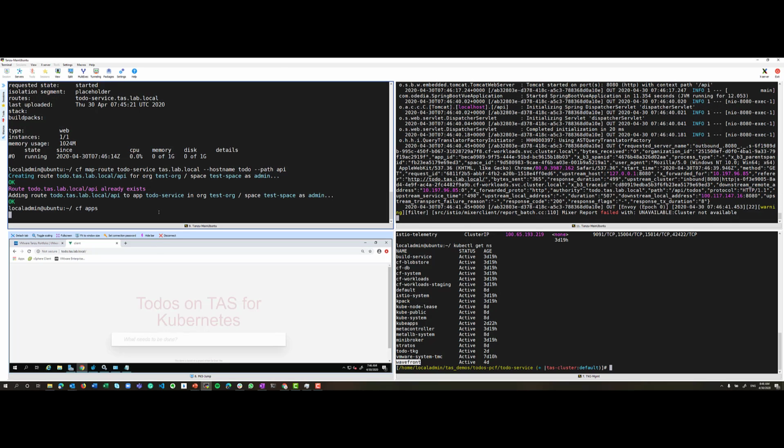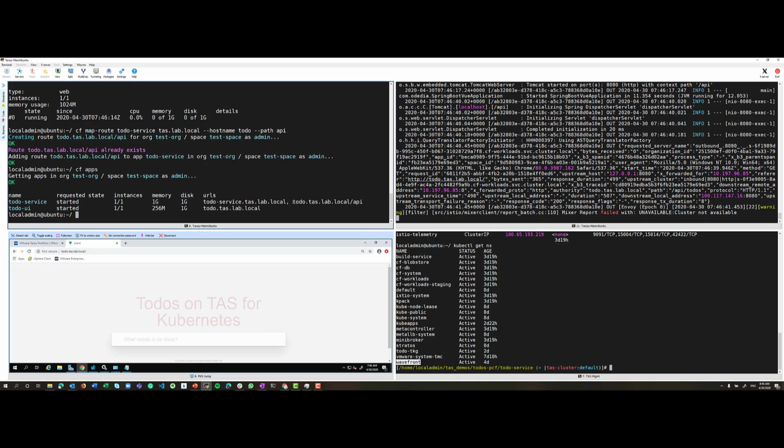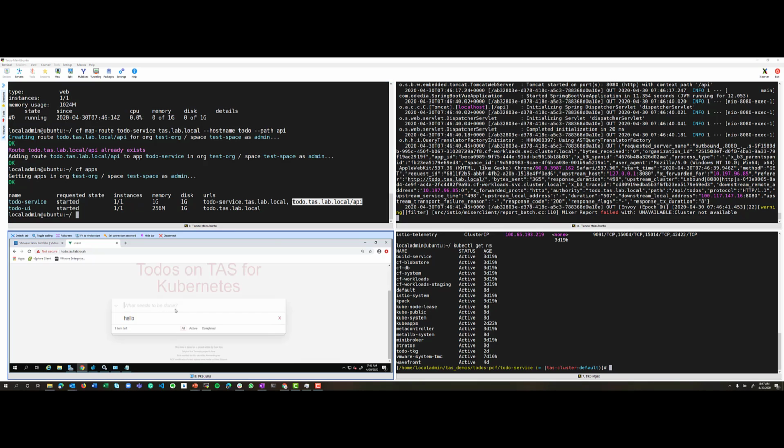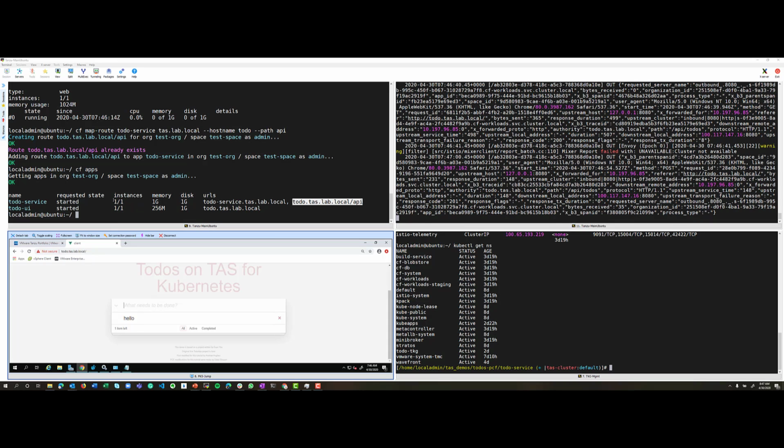If I'm querying for CF app again, you can see the route with /API. And if I do something like hello, you can see that I'm getting my to-dos. Now that's not consistent from the storage side, from the data side, because that's in memory, and you can see I have just one instance of the service. So if I scale that to more than one,